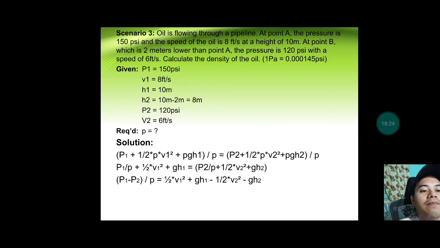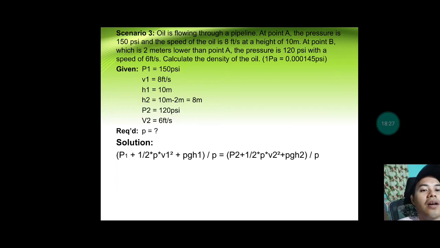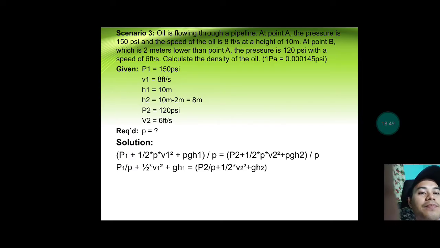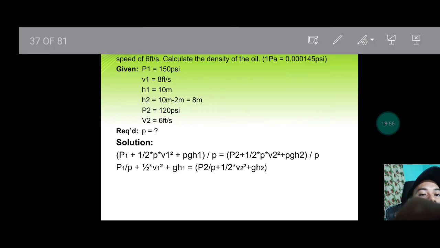If you want to use the Bernoulli formula to get the required, we will have to divide both sides by the density. So if you divide both sides by the density, out of 4 densities, 2 will remain,